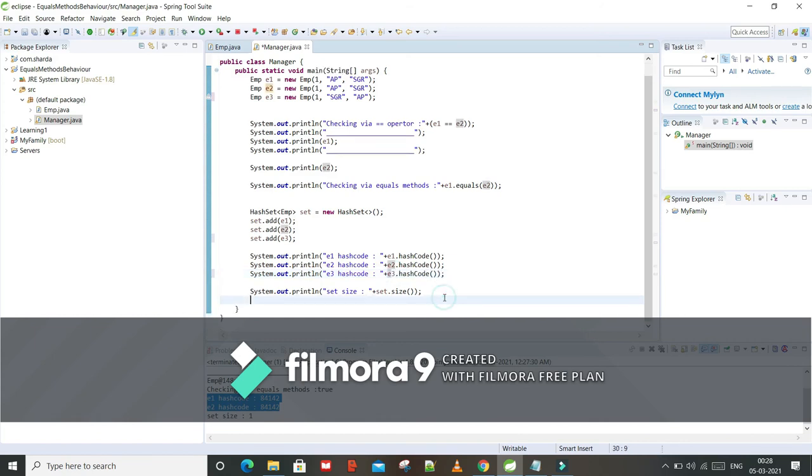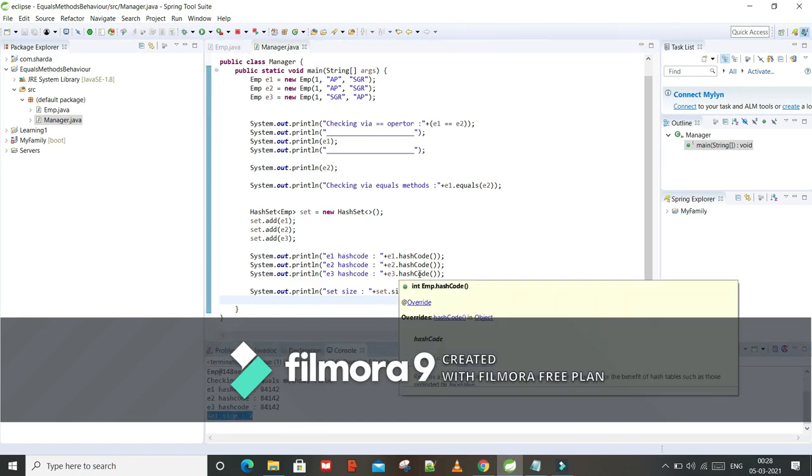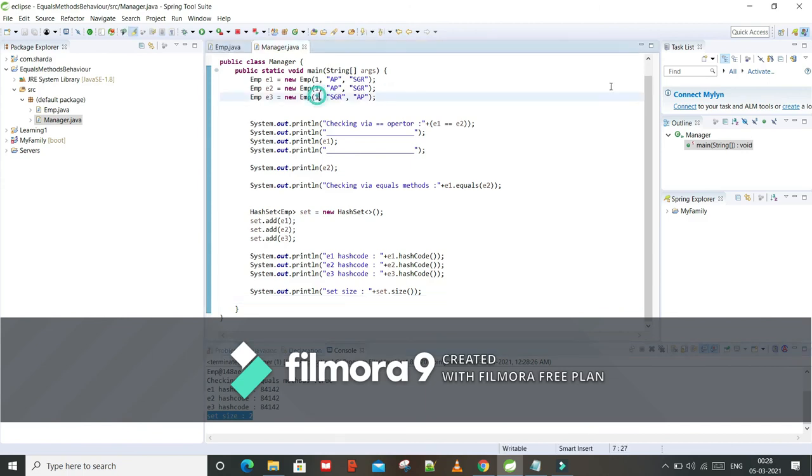Now can you tell me what is the size? It's still 2, but in our case it should be 3, right?